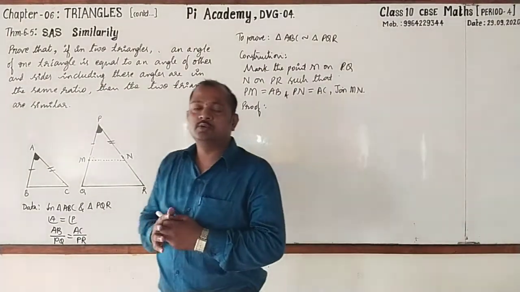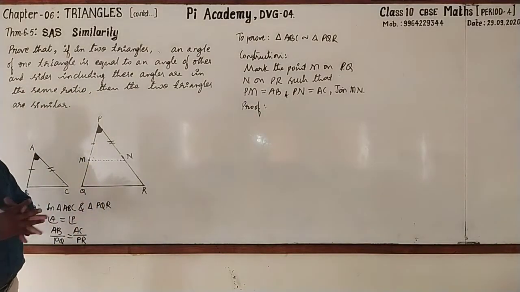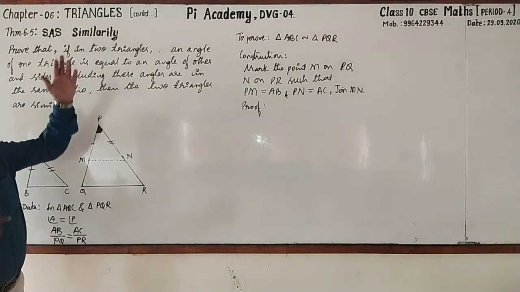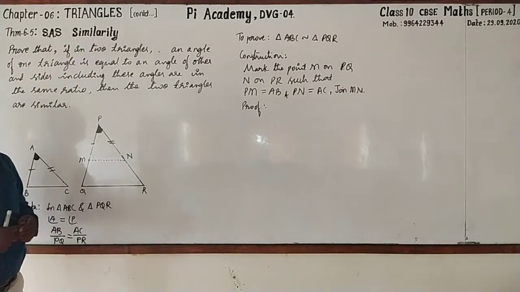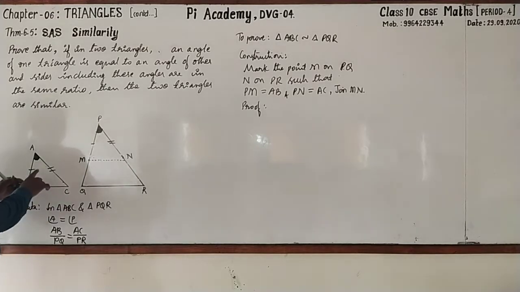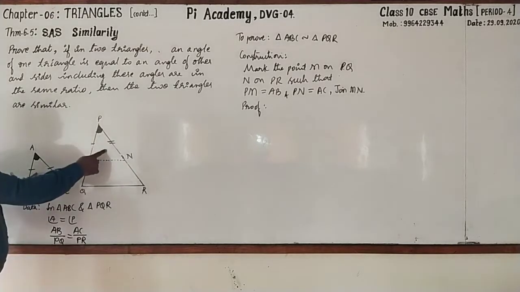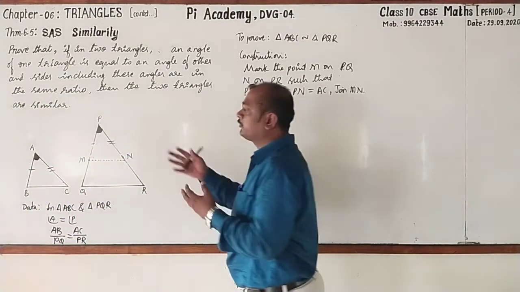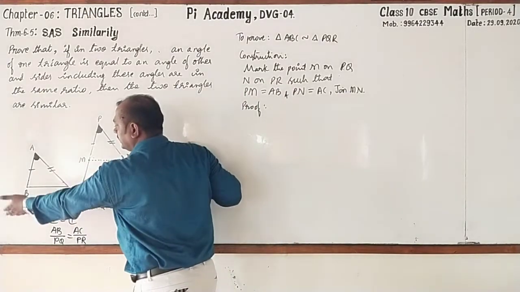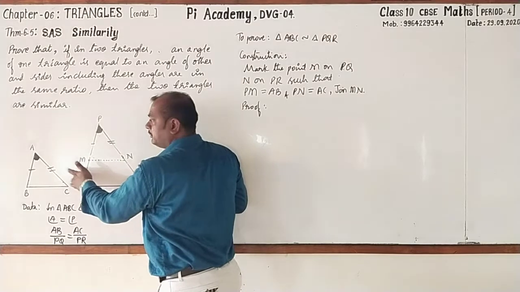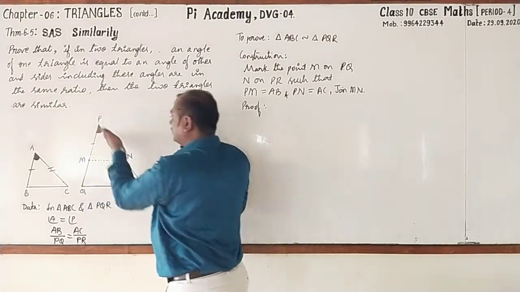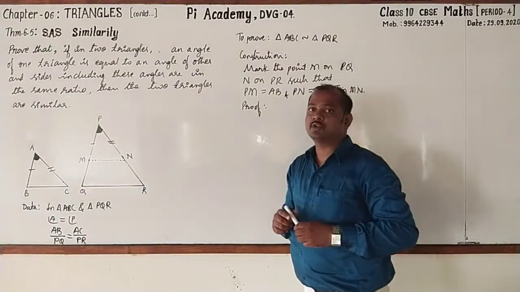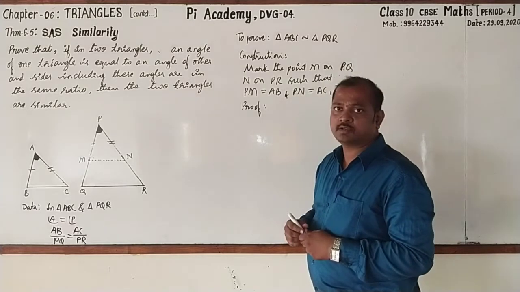Dear students, I told you this is an interesting one. The reason is, here we can prove this SAS similarity by using one of the similarity criteria. You will come to know what that is. Observe it. Again we are going to prove the two triangles are congruent, like in previous similarities. How do you go for proving? Here this is so simple. In these two triangles, AB equal to PM, angle A equal to angle P, AC equal to PN. According to SAS congruency rule, both the triangles are congruent.